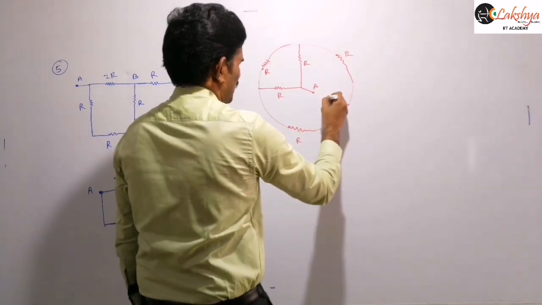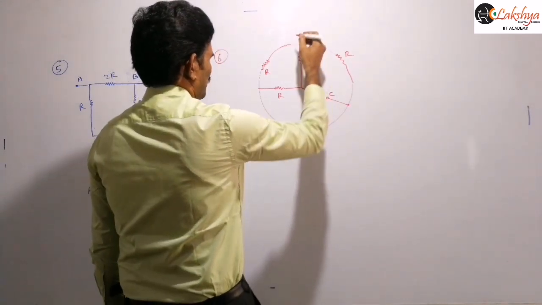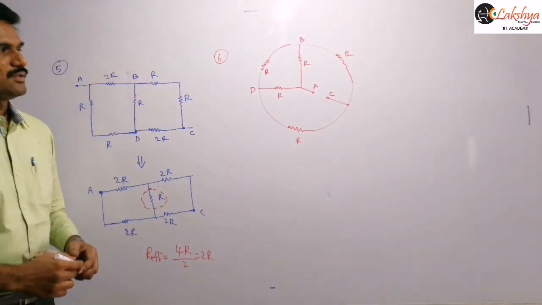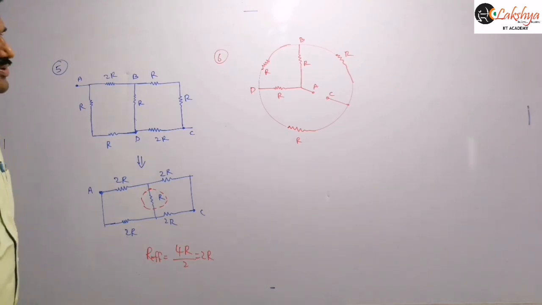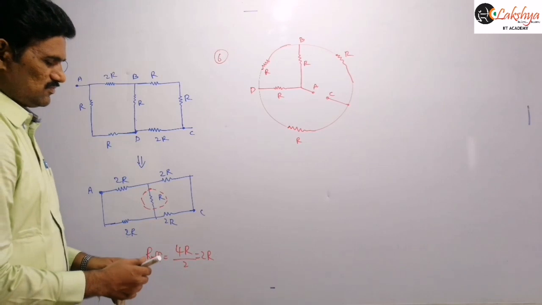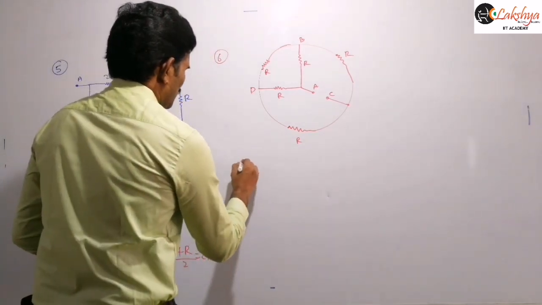This is points A and C, right? And so may consider this is point B and this is say point D. Then identify the Wheatstone bridge position, then you can easily say the position of the Wheatstone bridge and simplify that. Find the effective resistance there. I will give another form here.